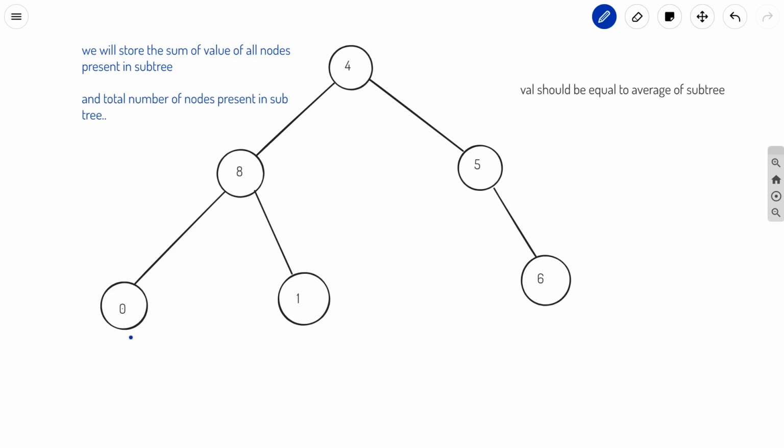We can use a map here. For this node you can see that the total number of nodes will be 1.